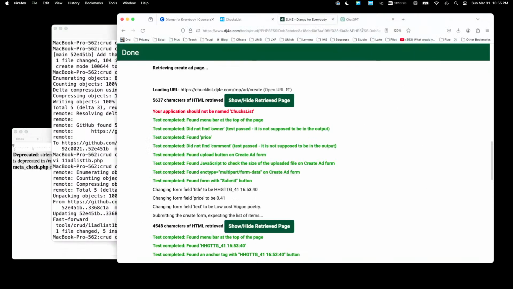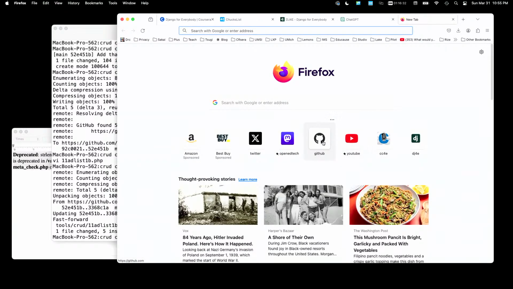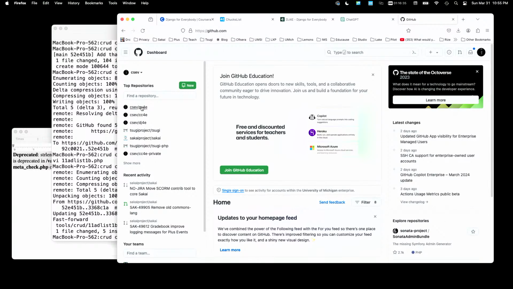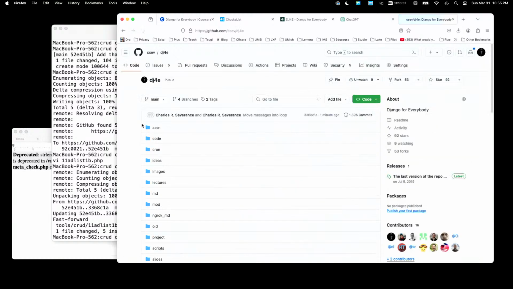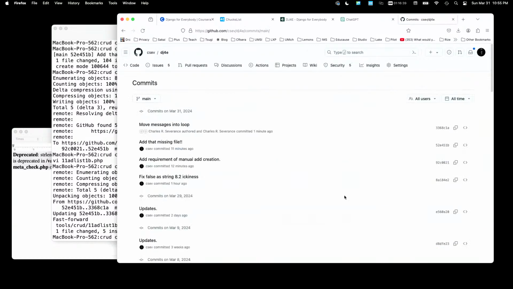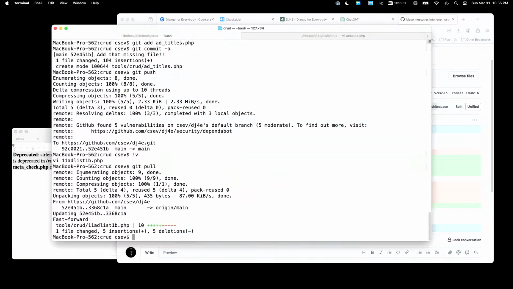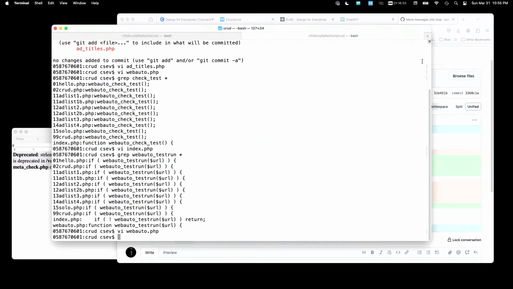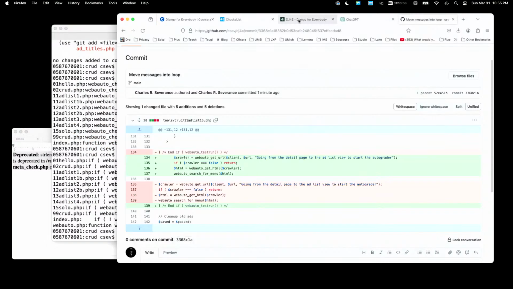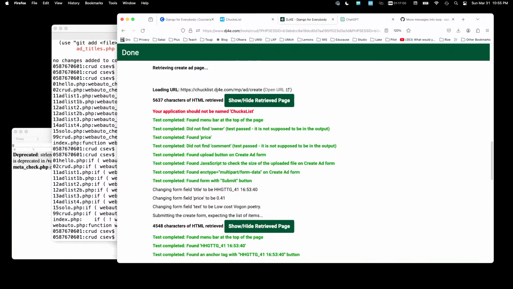So let's take a look at the GitHub so you can see what just happened. Look at the commits. I just moved these messages into the loop so that the student wouldn't be confused. Okay, so I think we are done. We are running in production, and